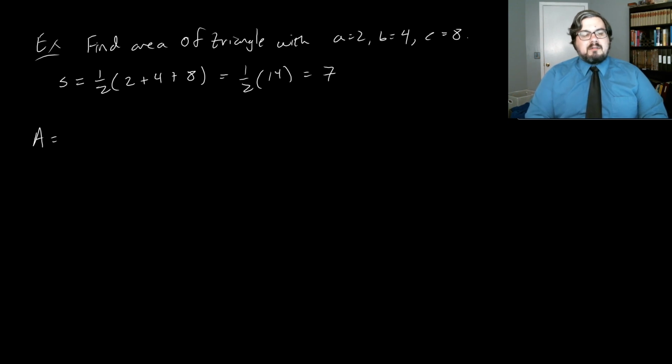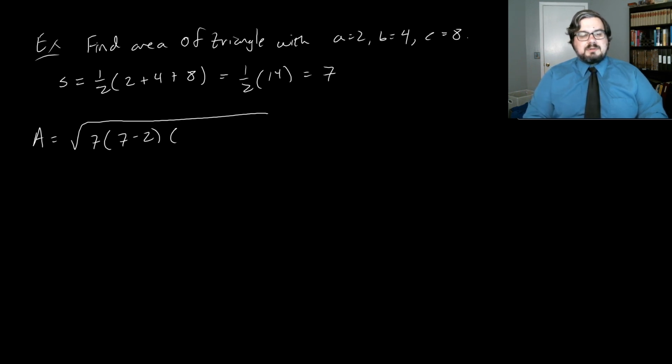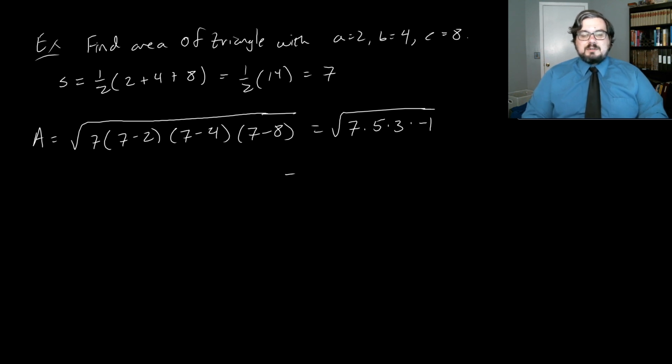And so then the area of the triangle, we know there isn't a triangle with these 3 side lengths, would be 7 times 7 minus 2 times 7 minus 4 times 7 minus 8. And that'll give us 7 times 5 times 3 times -1, which gives us the square root of,